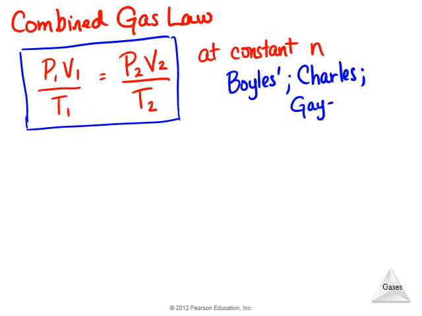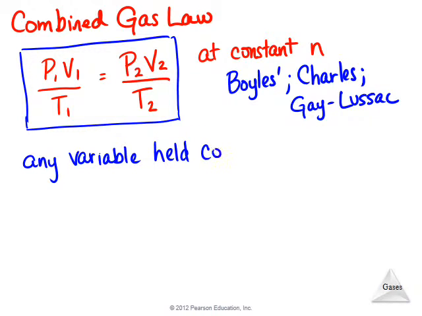So if T1 and T2 are equal to each other, and I want to solve this particular equation for one of the P's or one of the V's, then if we cross multiply and we do the algebra to get one variable isolated, what we find out is that the T1 and the T2 will cancel each other out. Okay? So any variable which is held constant is going to cancel out of combined gas law,